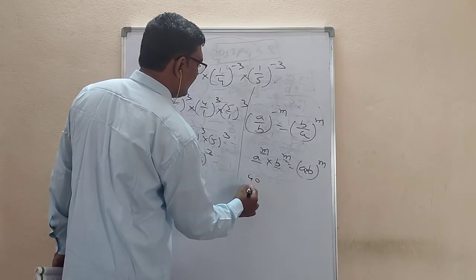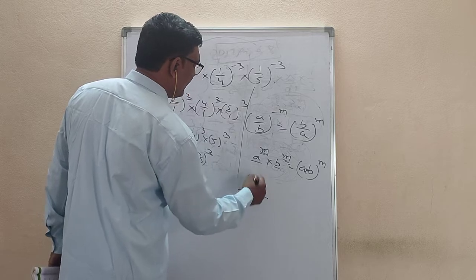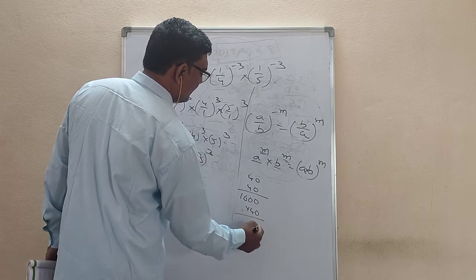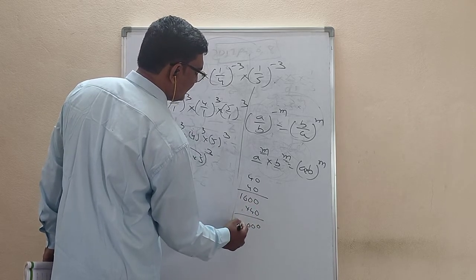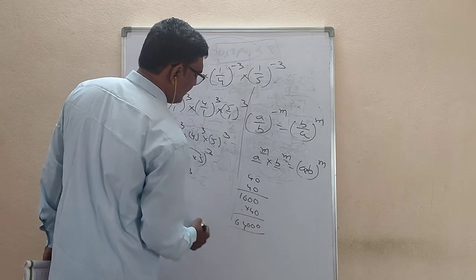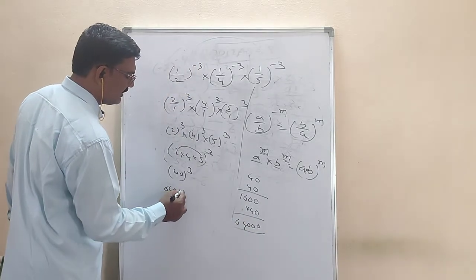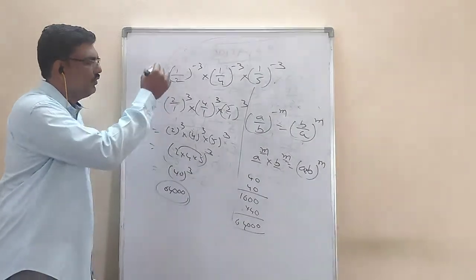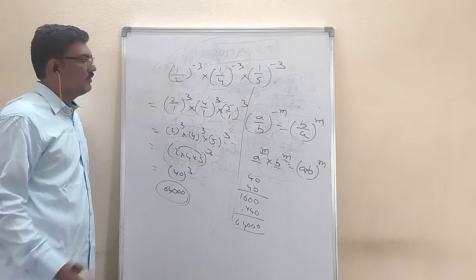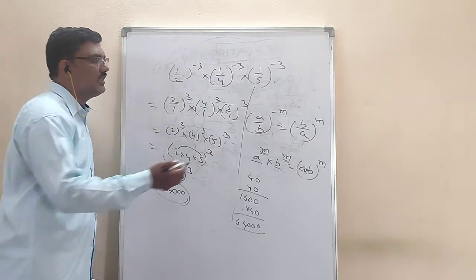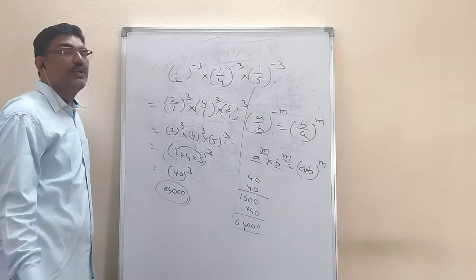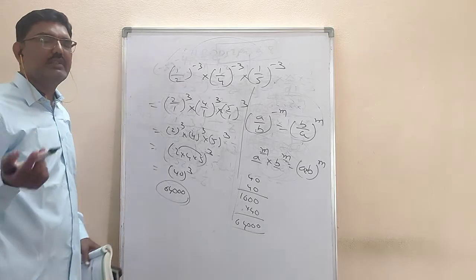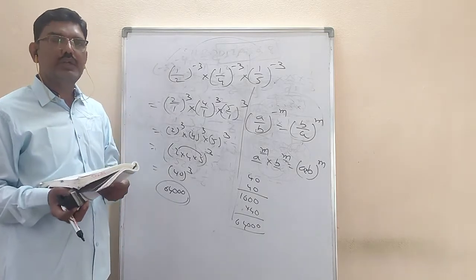40 whole cube means 40 into 40 into 40. 40 40s you are getting 1600. Again into 40 if you do it, 3 zeros, 4 16s are 64. So you are getting 64,000. Okay. Now this is the process how we have to do it very simply. So you have to practice, and also some formulae which are used should be learned by heart. Okay. Without knowing tables, can you do maths? No, you can't do it.